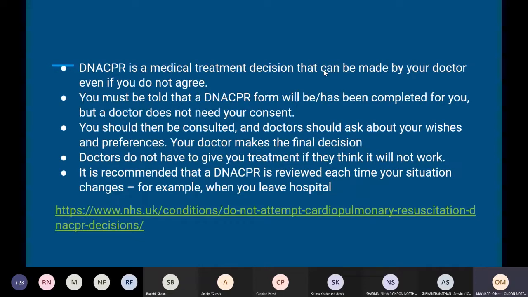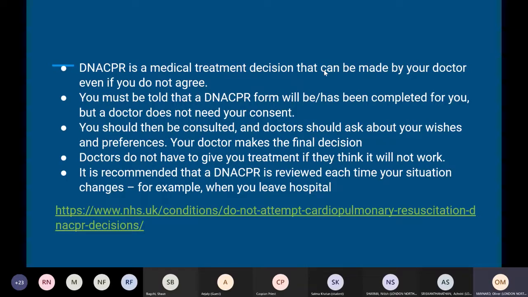In regards to the other statements, all of which are true, the decision to resuscitate is a decision made by the medical team and should be in conversation with the patient and the next of kin. However, the patient cannot demand to be resuscitated. So they do not have the right to say, you must try and resuscitate me. That's a decision which is made by the doctor, and no doctor has to give a patient a treatment if they don't think it will work. If it's futile, then it's not something we have to do.